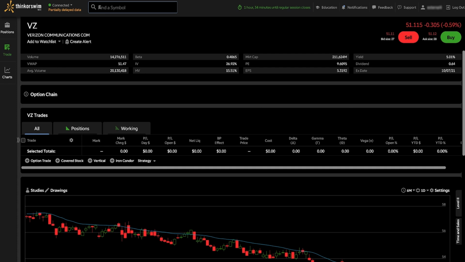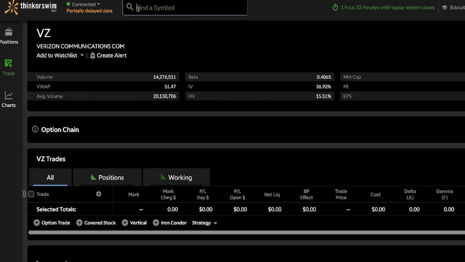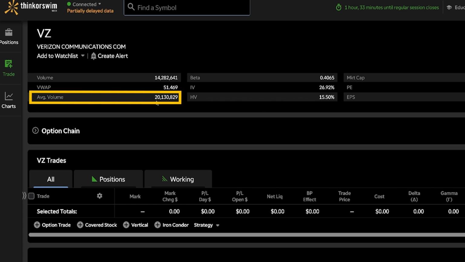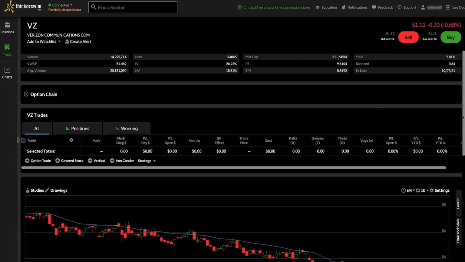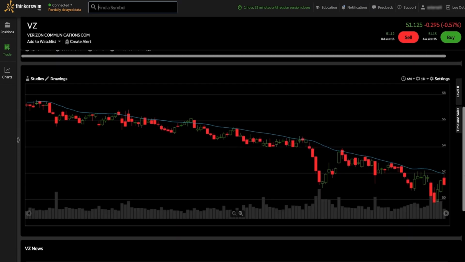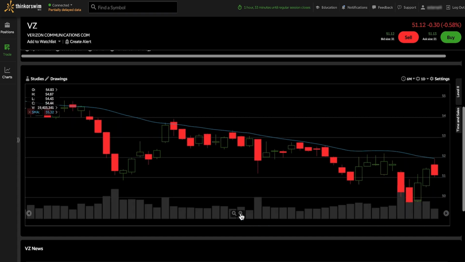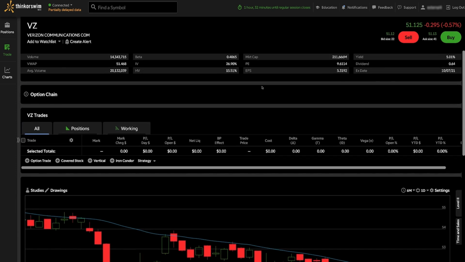Here, I've pulled up Verizon, VZ. It has an average daily volume of a little over 20 million. As you can see on the 6-month daily chart, Verizon's 30-day moving average is trending down. But remember, we're looking for a major move down. So in addition to a general downtrend, you can see today that Verizon's share price has bounced down off the moving average. This will serve as our entry signal. I'm ready to choose a contract, so I'll open the option chain.